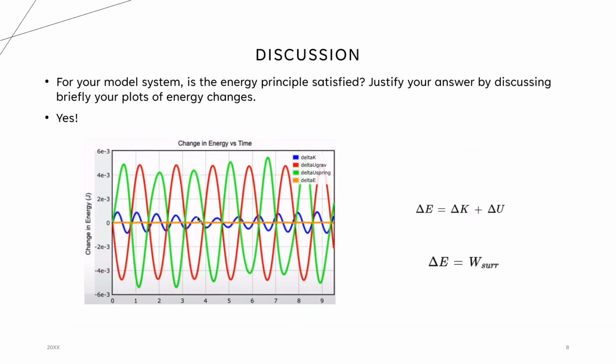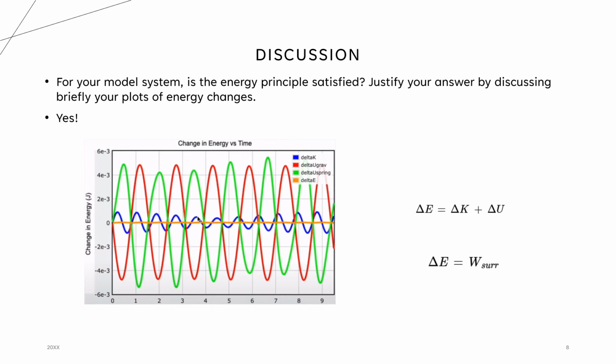So for this discussion, is the energy principle satisfied? It is. As you can see on the change in energy versus time graph, as delta K increased or decreased, delta U gravity also changed proportionally so that delta K plus delta U is always equal to 0, and the total change in energy of the system was always 0 as well. And this also works because we set the surroundings to be nothing, so the surroundings never could do any work